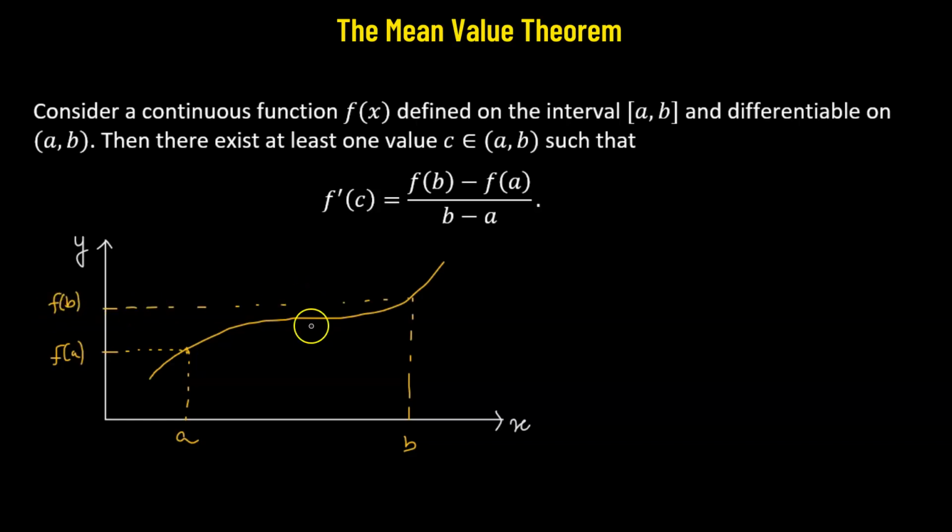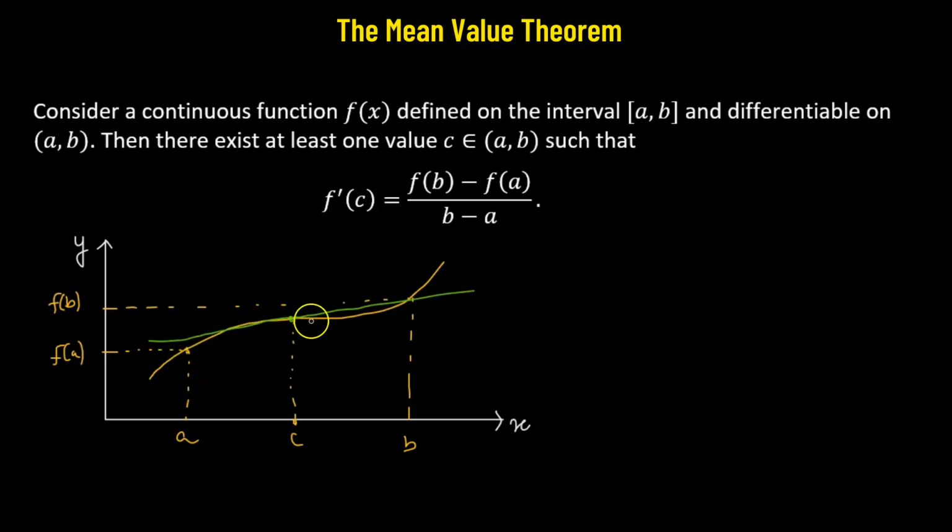The mean value theorem states that there will be at least one value of c on the interval a and b, that means lying between a and b, such that if we draw a tangent line to this point,